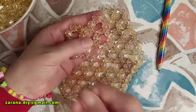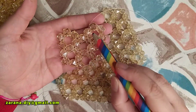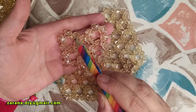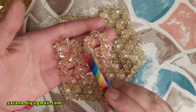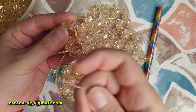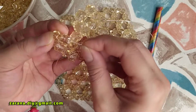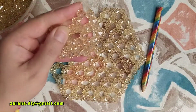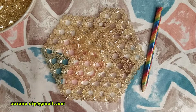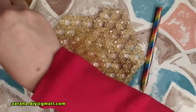Okay, now that we reached the 5th one, for the last one, we should go through this one and also this one. I mean 2 beads, and also 1 from the first flower that we had. How many do I have? 3. Again, 1 in left,